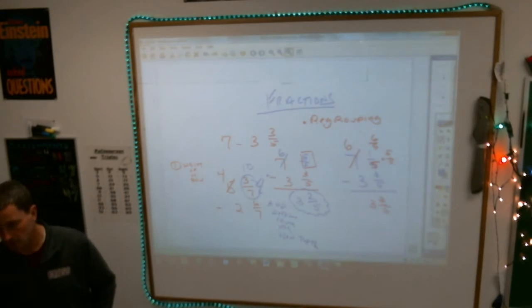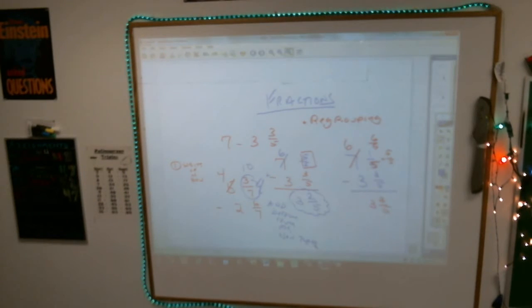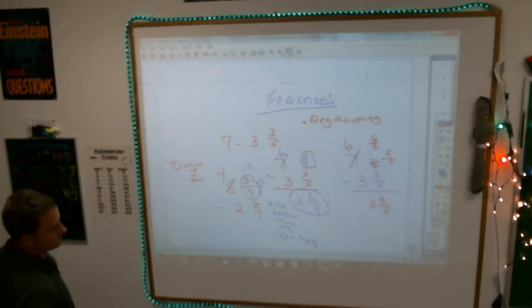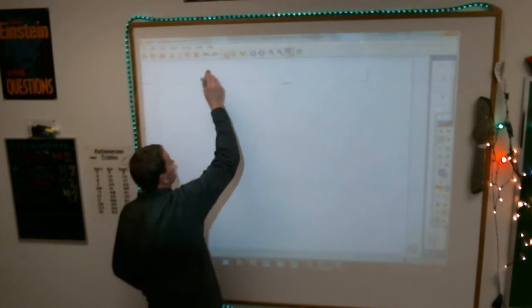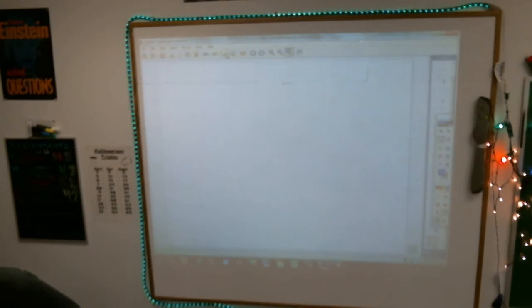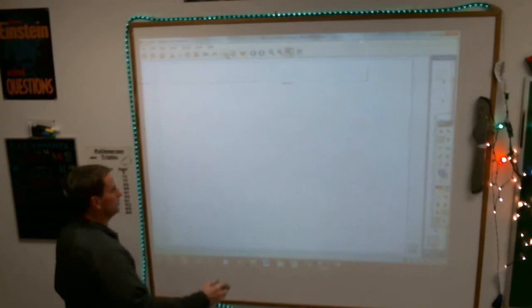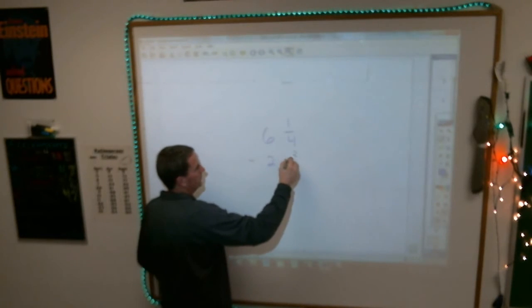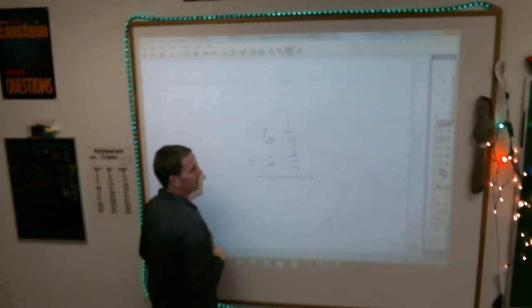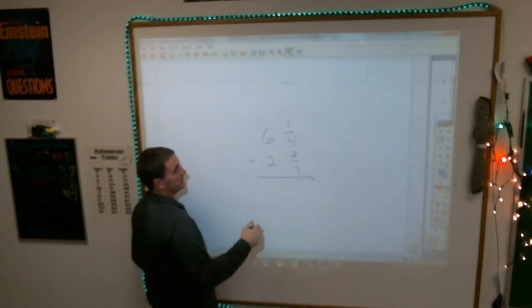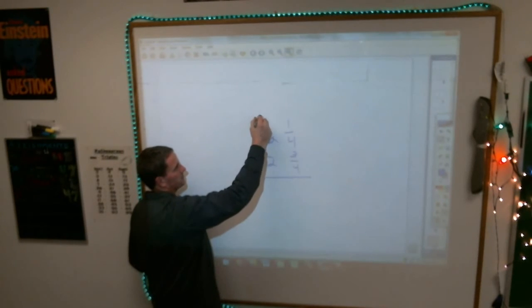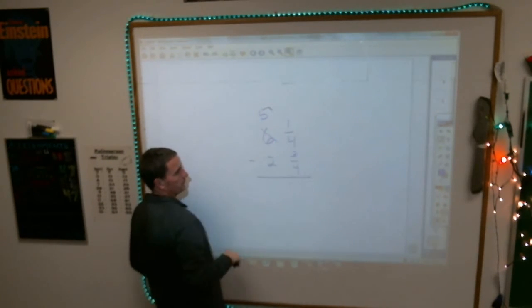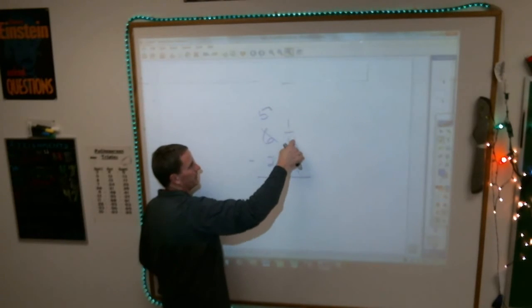But the first thing is you have to make common denominators, and these already have them, so it's a pretty simple process. So here's another example: 6 and 1/4 minus 2 and 3/4. You write the problem down, it's already got common denominators, so that's good. You borrow from this, it becomes a 5. What number goes above the 4? You just add these two together and you get a